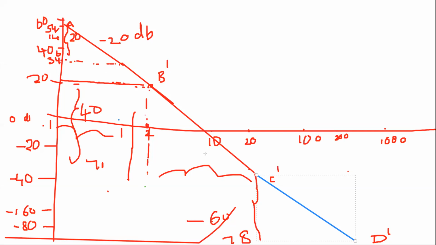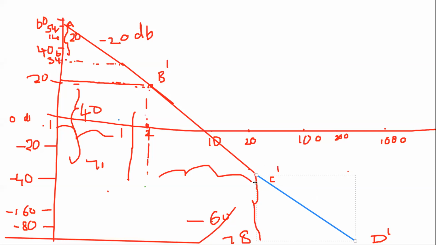So join B dash and C dash. At C dash, again note down what is the magnitude. From C dash, you need to have a slope of minus 60 dB per decade. So per decade for 20 is 200. So this is 200, you know. But what is the value here? Some magnitude is there. Say maybe say 12.